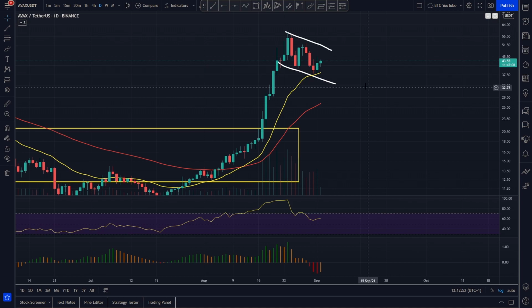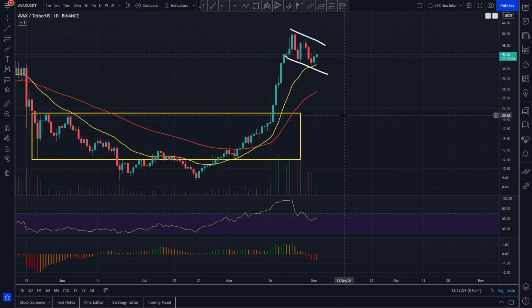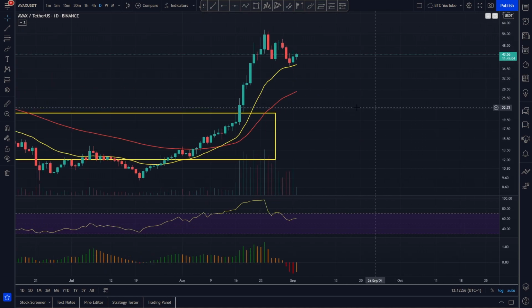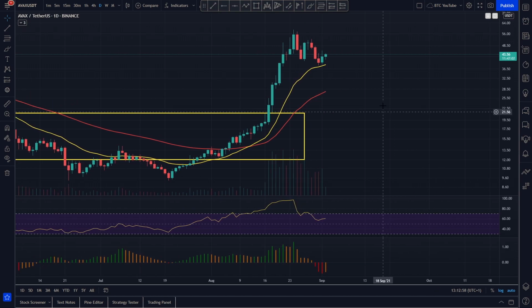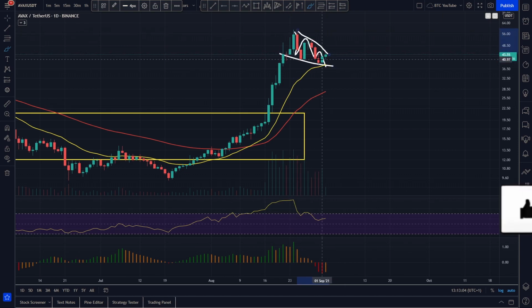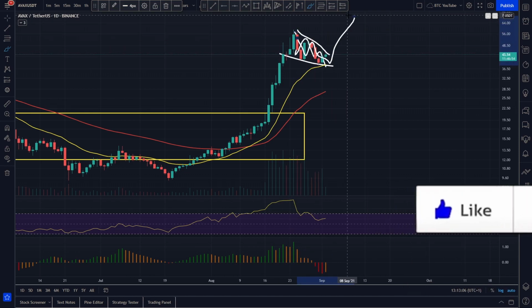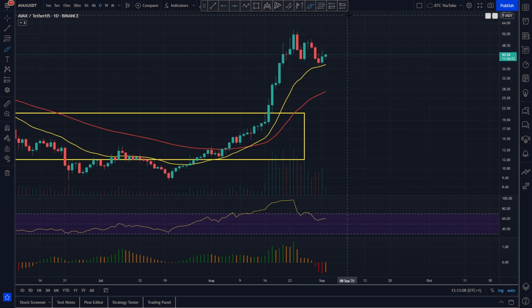Absolutely crazy price action, but if we just take a look at what's been going on here, you can see quite clearly Avalanche is doing extremely well. So, short-term price predictions: we'd say Avalanche is currently just having a bit of a cool off, isn't it? It's trading downwards like this in a little bit of a descending wedge, maybe even a bull flag ready for that break to the upside by the looks of it.